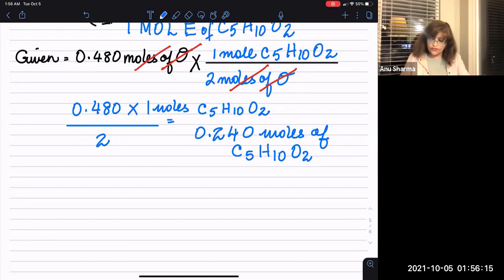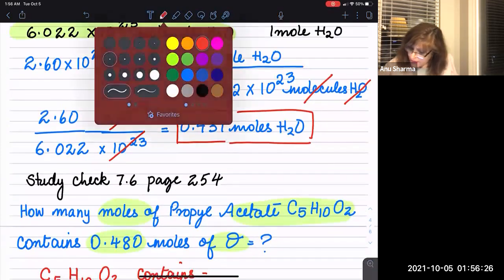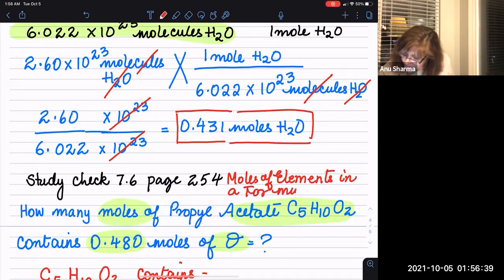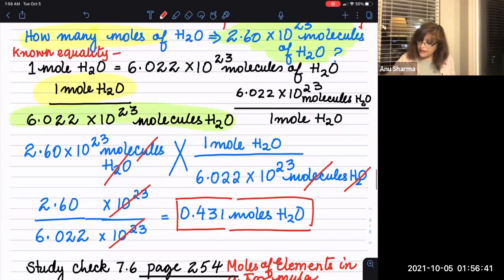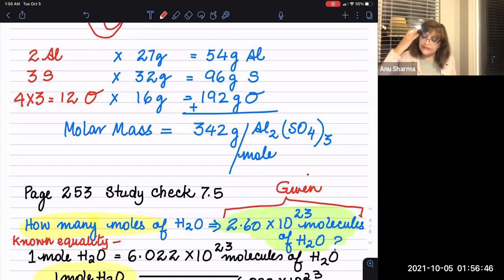Next, this is also an example of elements present in a molecule, moles of elements in a chemical formula. So this thing that we did, moles of elements in a formula. So back to this piece right here. So this thing can also be said that